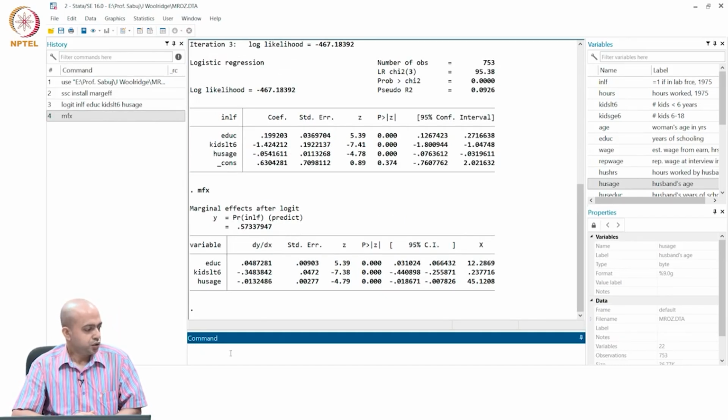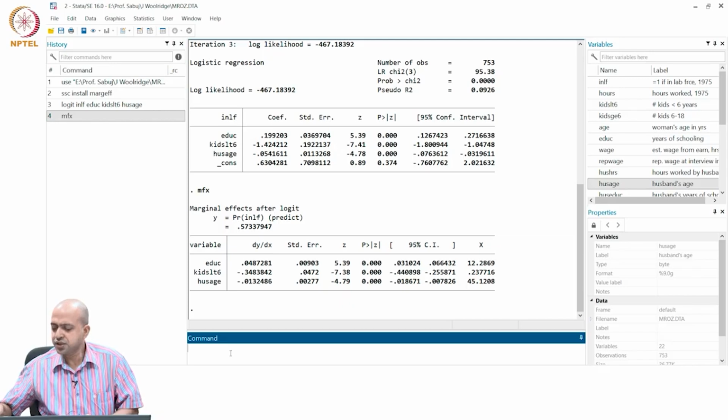So, now you can say that for a unit change in education, your labor force participation changes by 0.04 unit. Now, we need to discuss a little more on this marginal effect. When I say that for a unit change in education, the probability of labor force participation of a married woman changes by 0.04 unit,